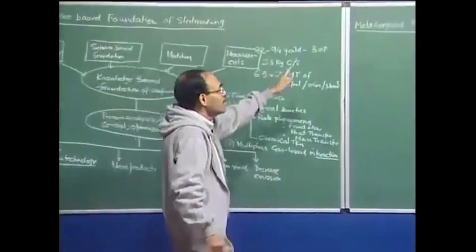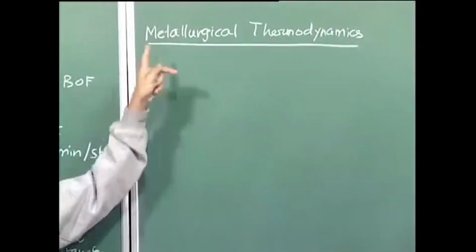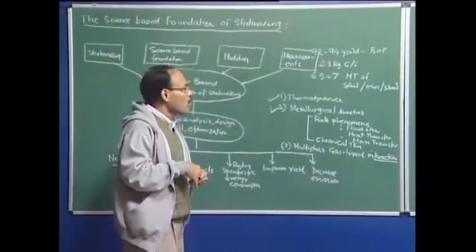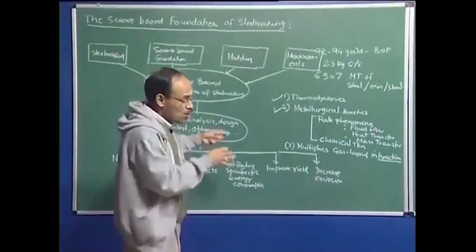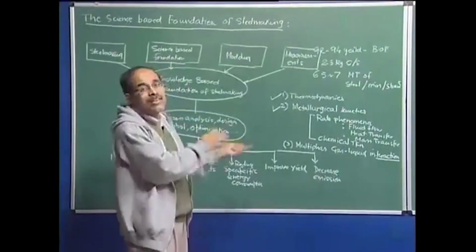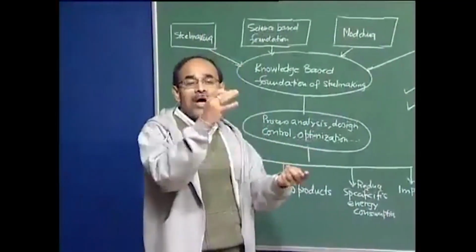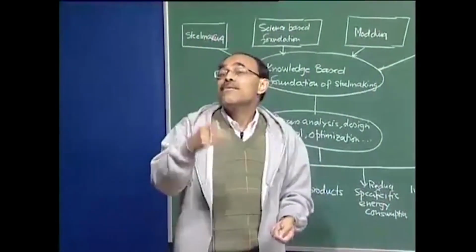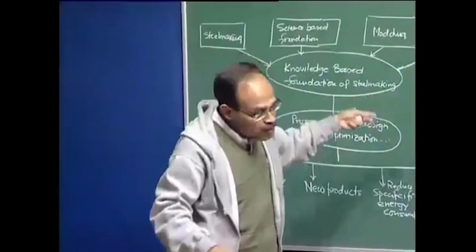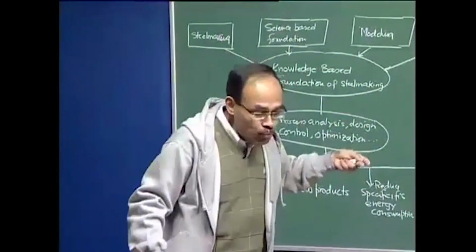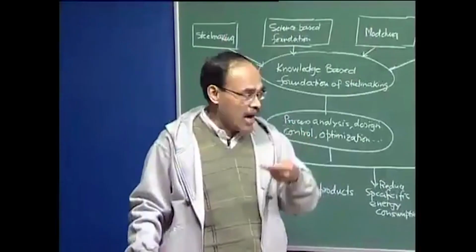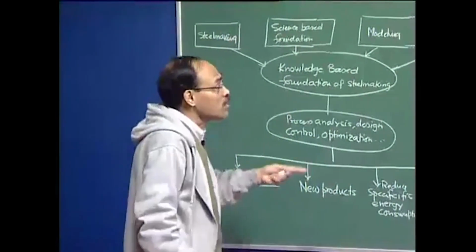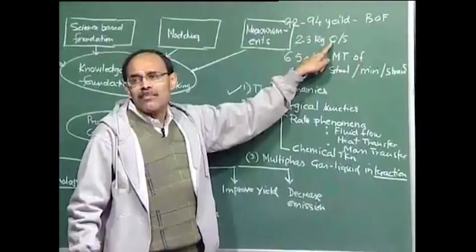So, thermodynamics cannot talk about rate, it can only talk about the feasibility of a process, it can talk about the state of equilibrium of a system. When the process is occurring spontaneously from left to right, for example, carbon and oxygen reacting to form carbon monoxide, there comes the question of rate. If the reaction is proceeding in one direction, moving towards equilibrium but not yet at equilibrium, then the question comes at what rate it is happening. I have quoted that 2 to 3 kg of carbon per second,